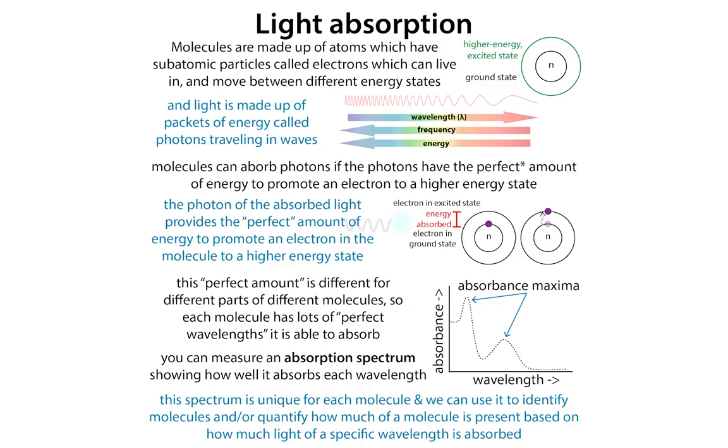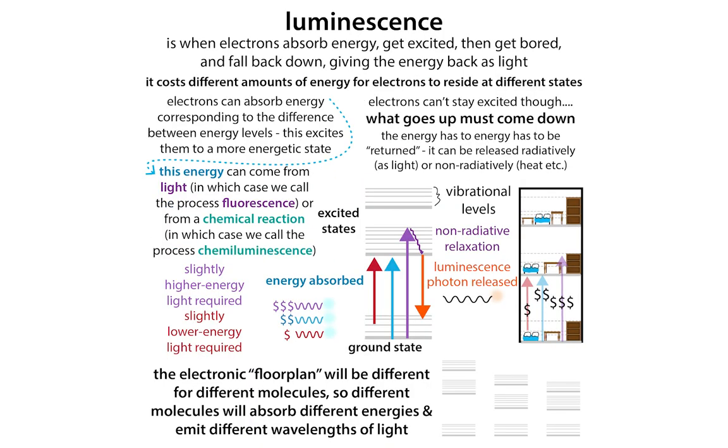To review, different molecules absorb different wavelengths of light that correspond to different amounts of energy needed to excite electrons. These differences are going to be different for different molecules, and so different molecules will absorb different wavelengths of light. The wavelengths of light are providing the energy to excite the electrons to a higher energy level. When they get to that higher energy level, eventually they're going to have to come back down. They might just fizzle it off as heat, bump into things and stuff, or they might give off that energy